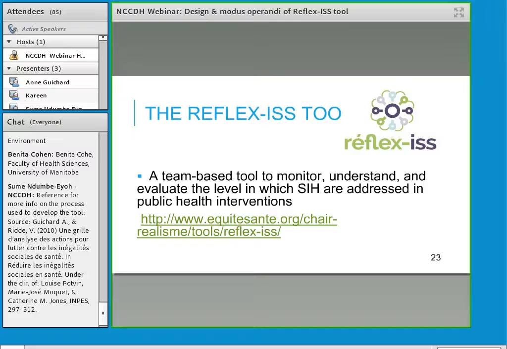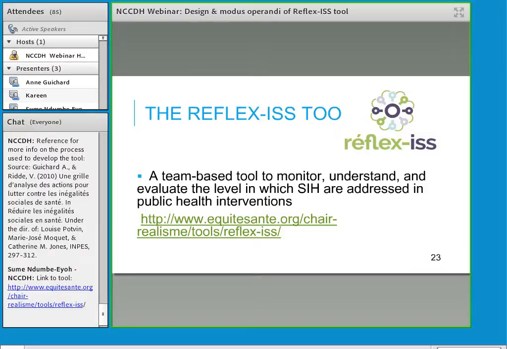The tool's name in French, Reflex-ISS, highlights the importance of having more systematic collective discussions around health promotion and related interventions so that social inequalities in health are addressed. To view an introduction of the tool, please click on the link provided in the tool's web page,